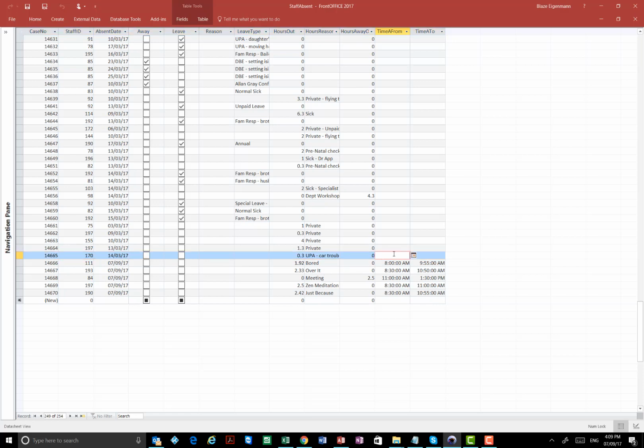Now, I would love to say that you can just click on this time away from and time away to and filter on the blanks, because this may have only been getting recorded since you started using the interface, but these fields did exist before and there were people entering them manually, so it might not be as easy as just filtering on the blanks here. But you will know, from about a week ago when this update was implemented, and you know as the capturer, whether you were entering by minutes and when last you physically manually entered into that hours out